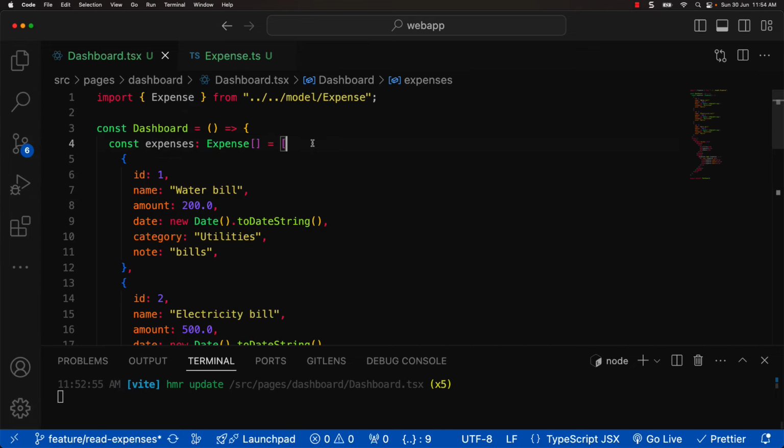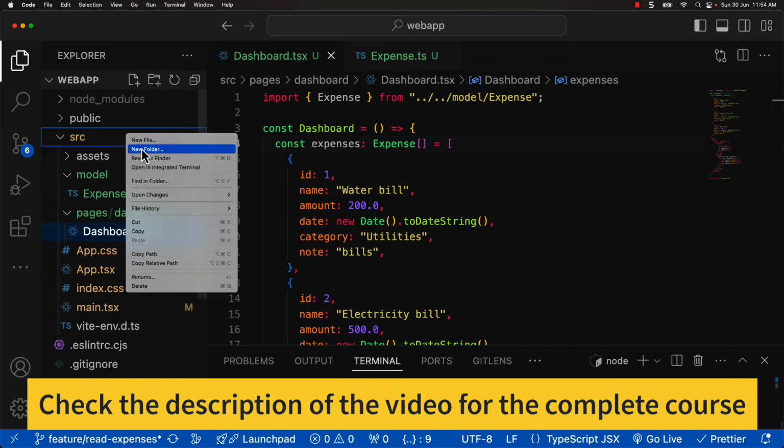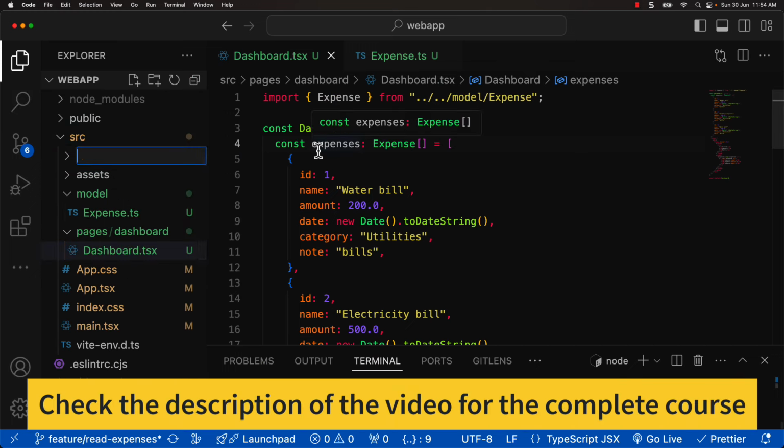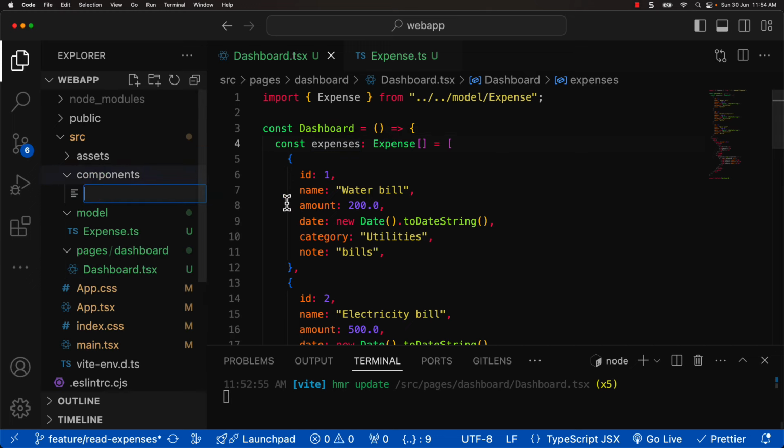In this video, let's create a reusable component which is expense list. Let's open the project explorer. Inside the source folder, create a new folder specifically for components. These are the reusable components that we will add inside this folder. Let's create the folder components. Inside this, create a new component which is expense list,